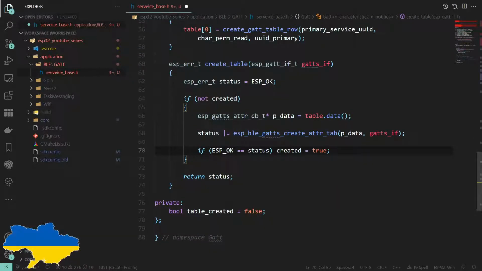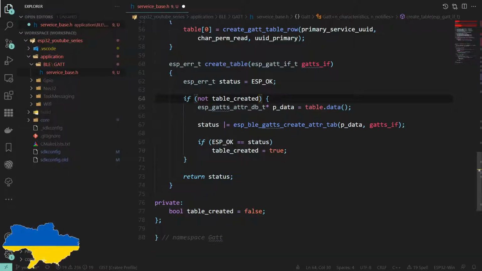Oh, table created. GG, anyone who spotted that. So if we've not already successfully created the table, create it. If that returned ESP OK, so succeeded, then we'll set our flag to true so we don't then recreate it.